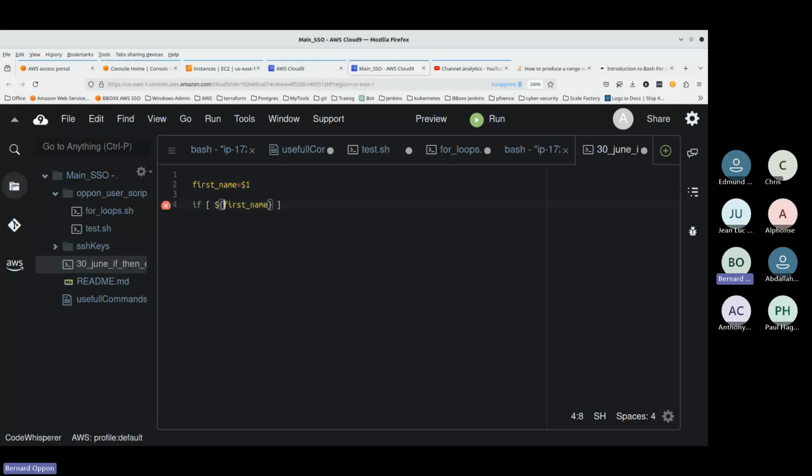You all know about this, how to resolve whatever is in this variable. We've done it before. Now, the condition you check, something must be equal to, greater than, or so. It's a condition that you're checking. One of them is we use the operator equal to. If first_name is equal to Bernard,